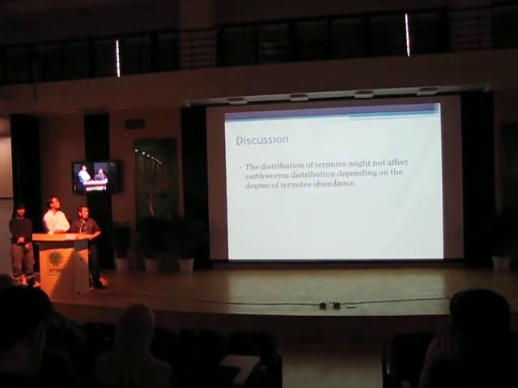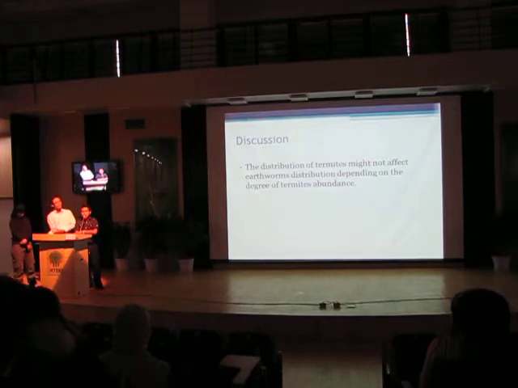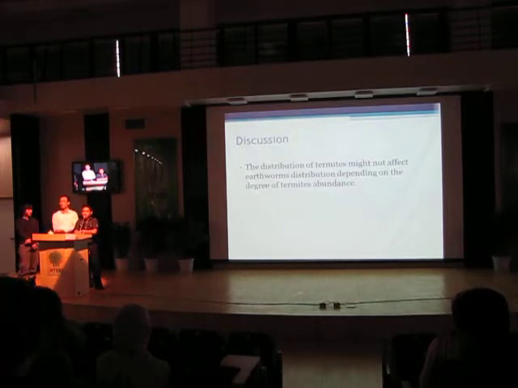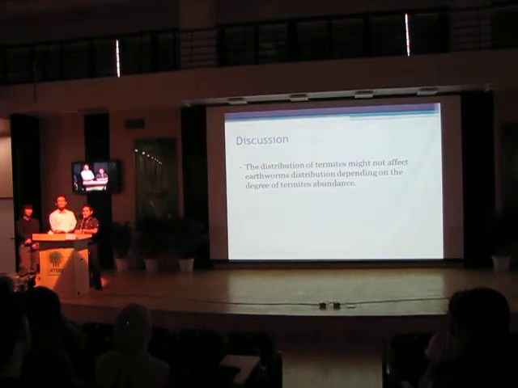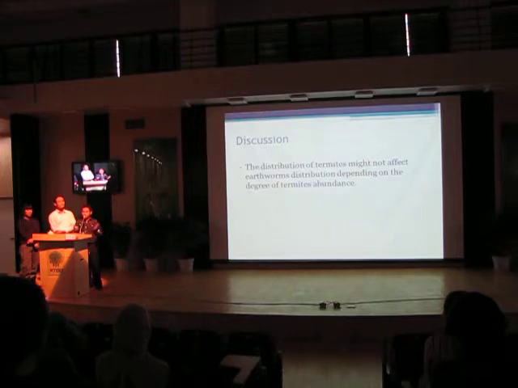And then the distribution of termites might not affect earthworms, yes, but we're also thinking that, depending on the degree of termite abundance, there are areas where we find a large number of termites and we don't see earthworms. And when the number of termites is only small, we found earthworms. We also need to consider that our sampling areas are very limited for seeing the factors that affect termite and